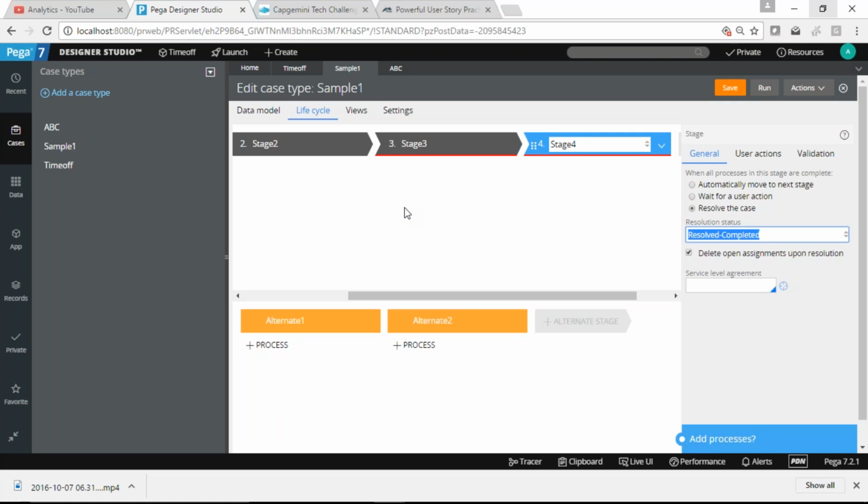From stage 2, you can either jump to stage 3, or directly jump to stage 4. You can skip a stage as well. If I am doing this for US, from stage 2 I check which region it is for. If it is for US, I move to stage 3, if it is for EMEA, I move to stage 4. If it is for APAC, I move to stage 5. Every stage has its own resolution.